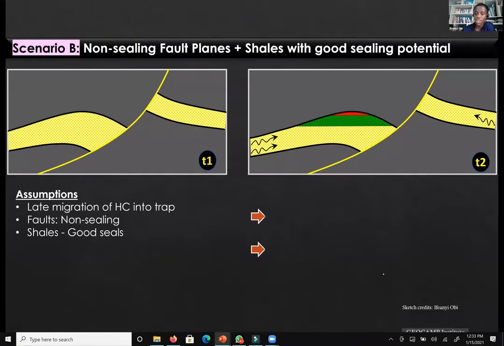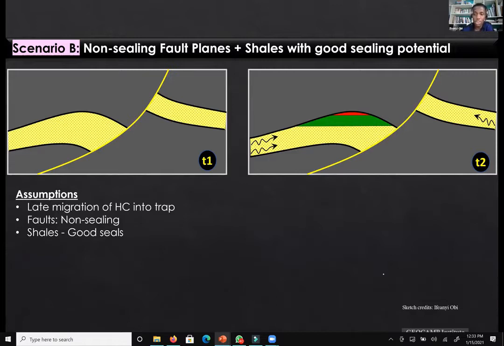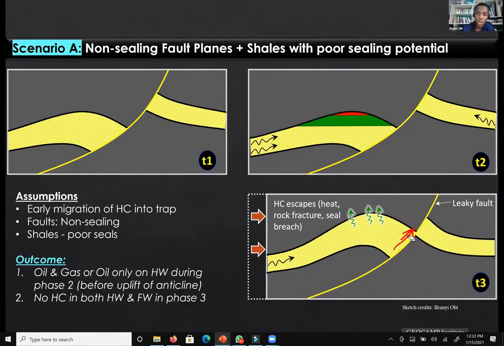And what that has created is, remember we have a non-sealing fault. We now have sand on sand juxtaposition. So we have a leak. That's one. Okay, I'm back to scenario A. So we have a leak. That's one. And if you keep in mind that the shales have poor sealing potential, that means